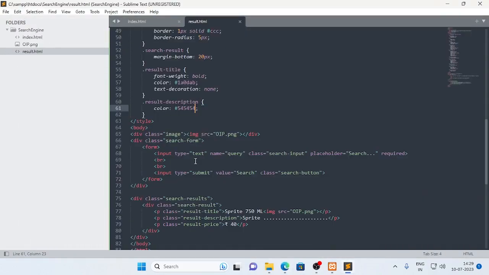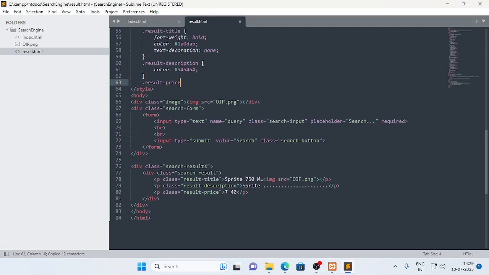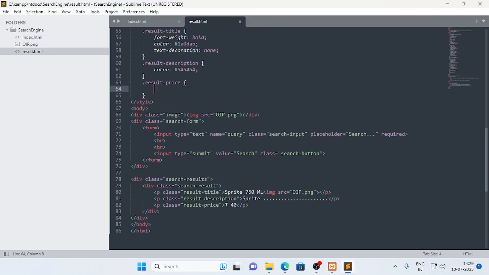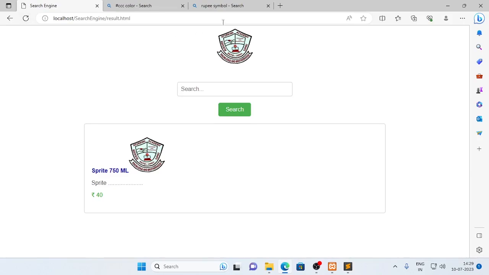Then after that, result price. Now put a dot, paste the result price, put a curly bracket, and in the result price you can also give any color you want. I wanted to have a green in color. So hashtag 00A700. This will be green in color. You can check this hex color